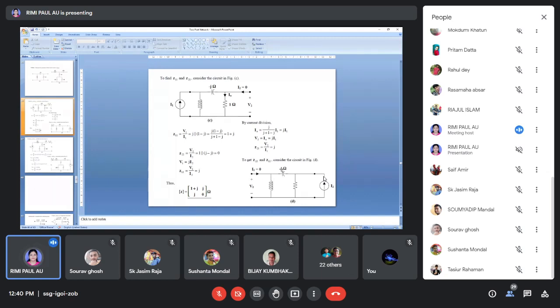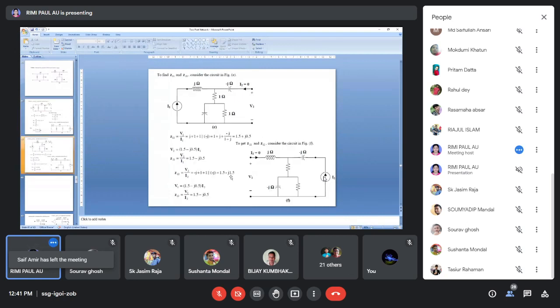Okay. So the next portion you have to find out what is the current flowing through this path. Now what amount of current will flow through this path, this multiplied with this J, that would be V1. So V1 by I2 is equal to Z12. You have to check whether Z12 is equal to J is right or wrong. Okay. Next is this circuit. So this is your task.